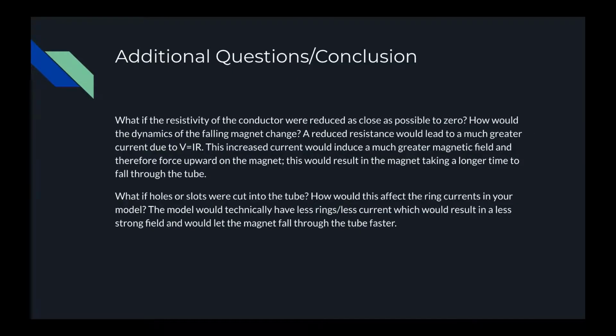So additional questions and conclusion. So if the resistance of the conductor were reduced as close to possible as zero, the reduced resistance would lead to a much greater current due to V equals IR. And this increased current would induce a much greater magnetic field and therefore force upward on the magnet. This would result in the magnet taking a longer time to fall through the tube because that force is opposing the motion downward. If holes or slots were cut into the tube, I believe this would